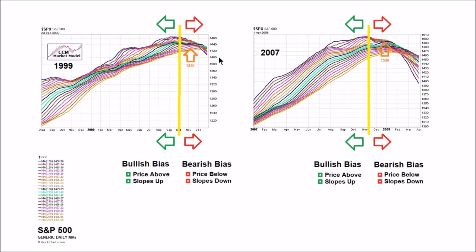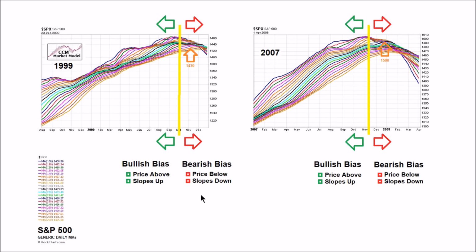In these cases, our longer term moving averages and our shorter term moving averages are rolling over in a concerning manner. Therefore, in the present day, all things being equal, our concerns would increase if these moving averages were getting into a tight cluster and rolling over, if price was below the moving averages, and the slopes of all of the moving averages were down. So what we don't want to see is a cluster, price below, and the moving averages rolling over.